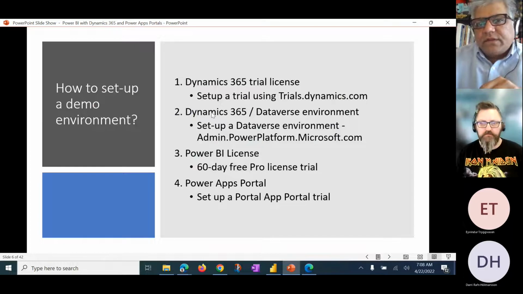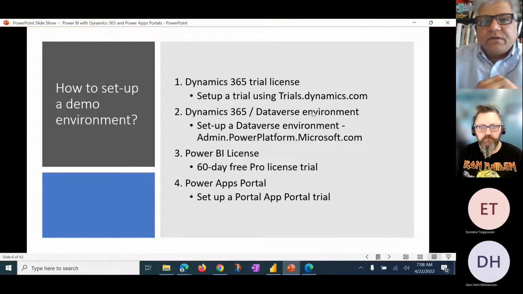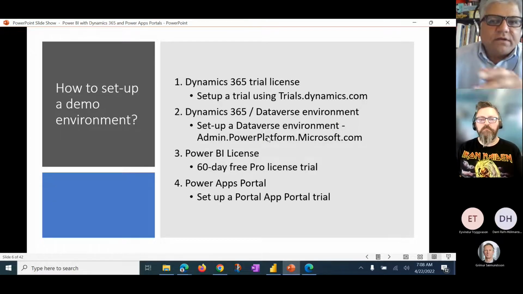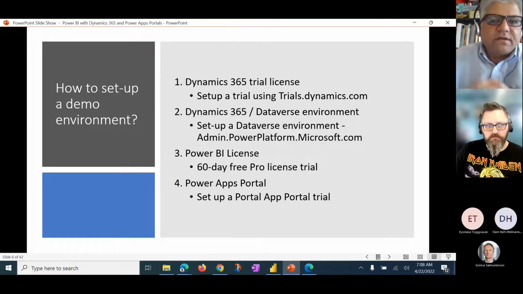Next, I created the Dataverse environment. Once you have the trial license, it's a 30-day trial, so you can actually extend it if needed. Then get a Power BI license. I got the 60-day free Power BI Pro license for the trial, and then I also set up a